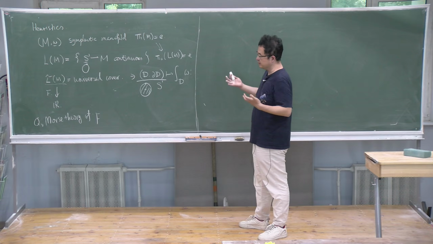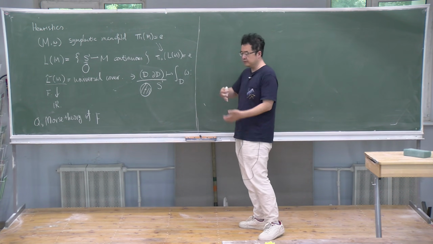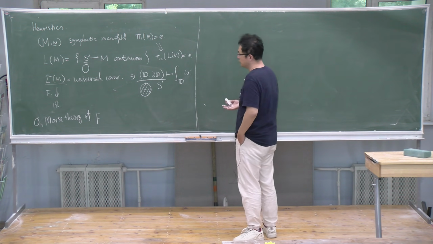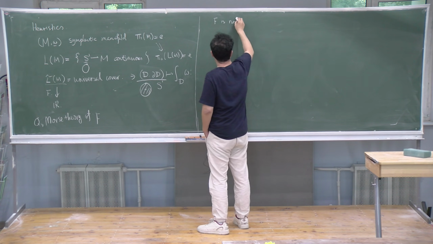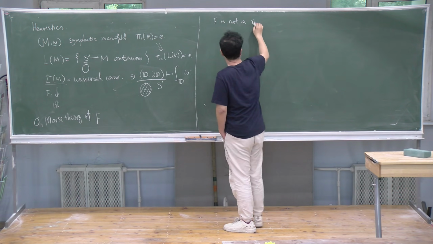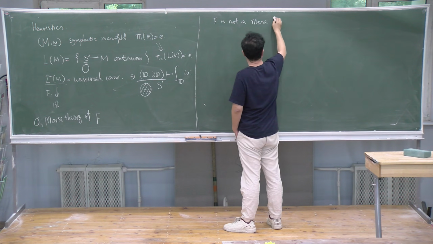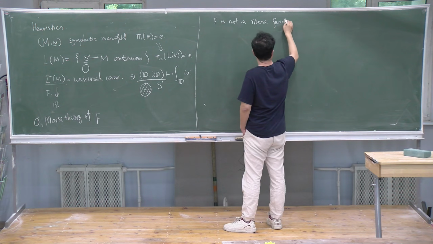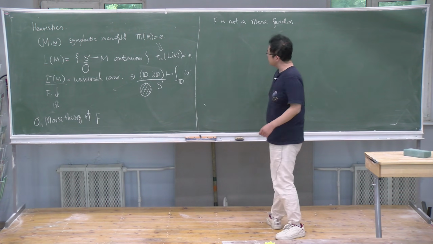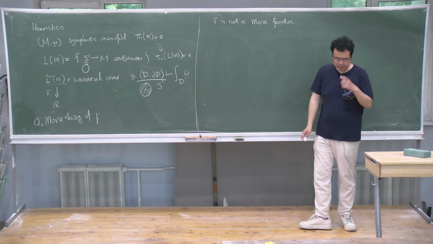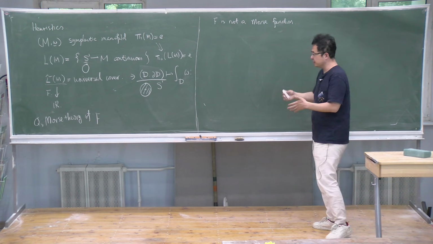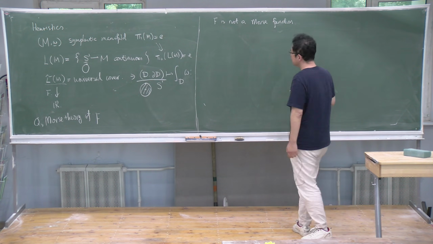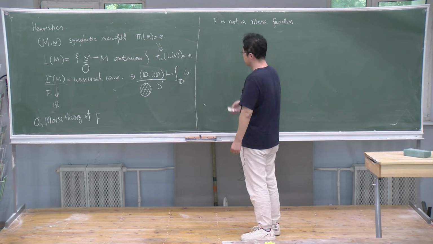People have developed infinite dimensional versions, but unfortunately F is not a Morse function, which means the critical manifolds do not have the required transversality for this infinite dimensional analysis to work. But somehow